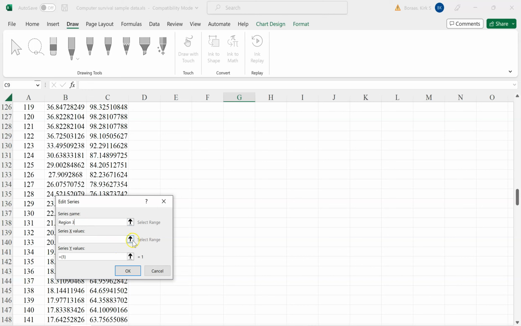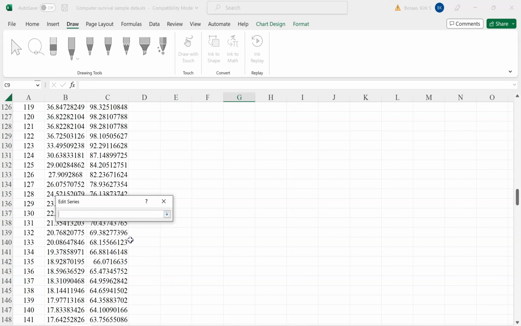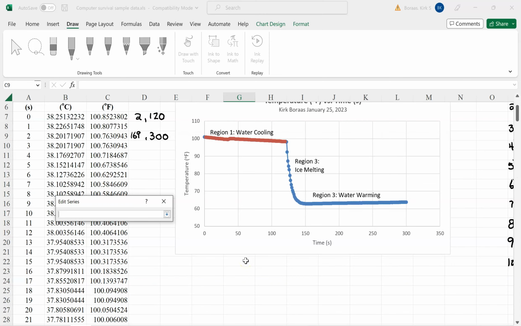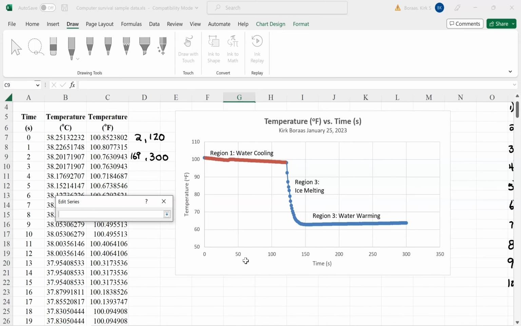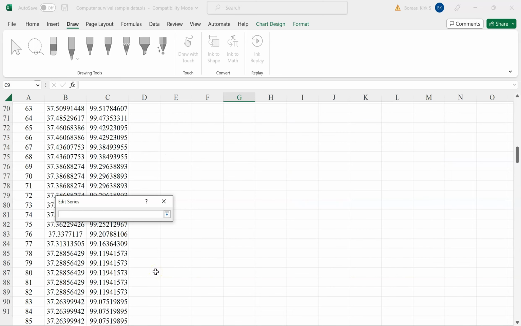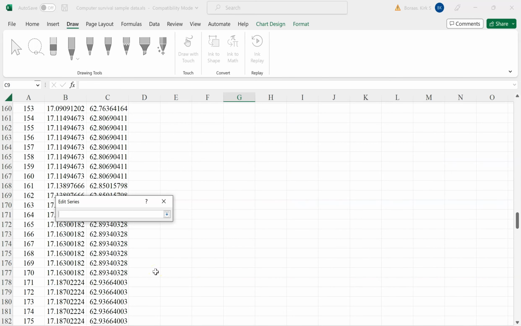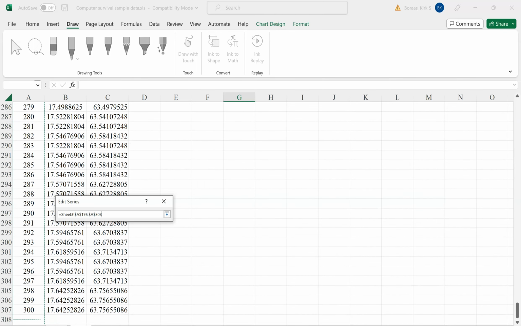I'll need to click to identify the data for that particular range, and so I'm going to click on the arrow telling Excel that I'm going to be collecting data. I'm going to scroll to the top here. Notice the graph now has a highlighted red region. That is the result of the first data subset that we created. This next data subset needs to start at 169 and continue through 300. So 169 is right about there. And I'm going to go from 169 down to the very end, which is 300, clicking on the arrow to accept that range,